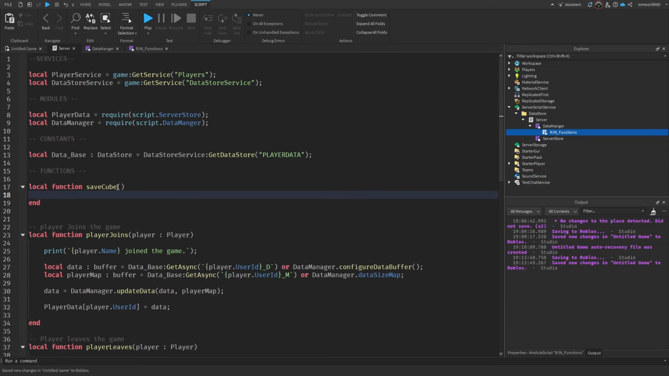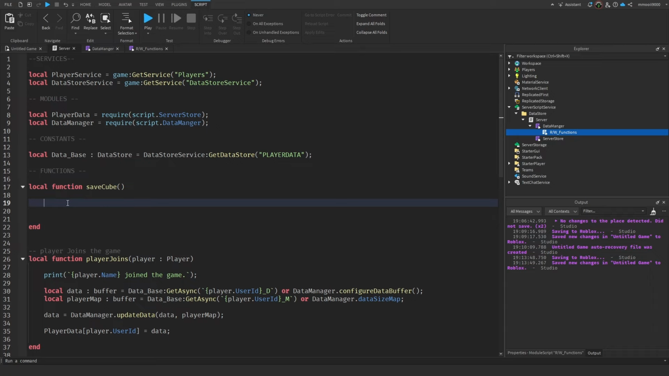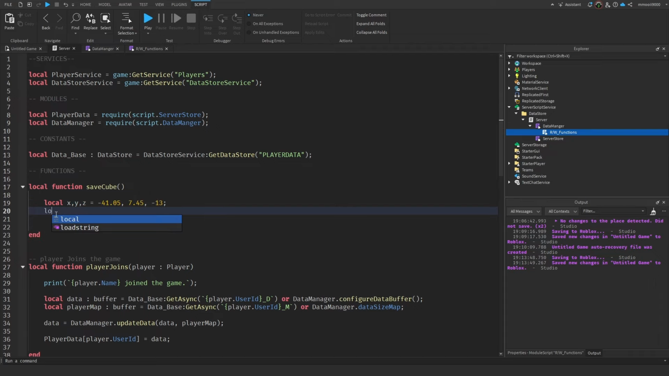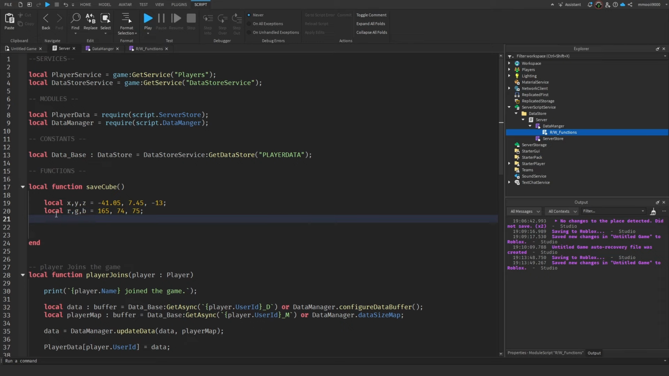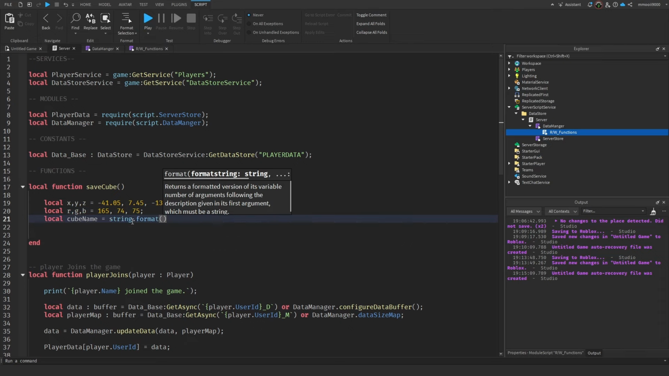So back in our save cube function then, all we need to do is define the variables that we want to store. So I'm going to store the location first. For the X, Y, Z, I've got some values written up here that I think would be fine. For the RGB value, so this is the color, I've cooked up a nice red value for us. And then for the cube name, what we need to do is do string.format and replace any characters that aren't